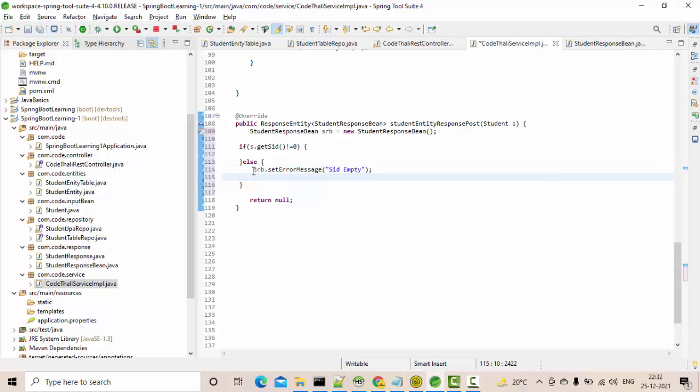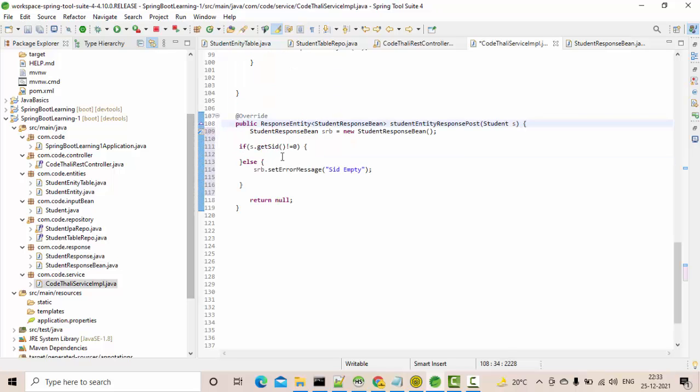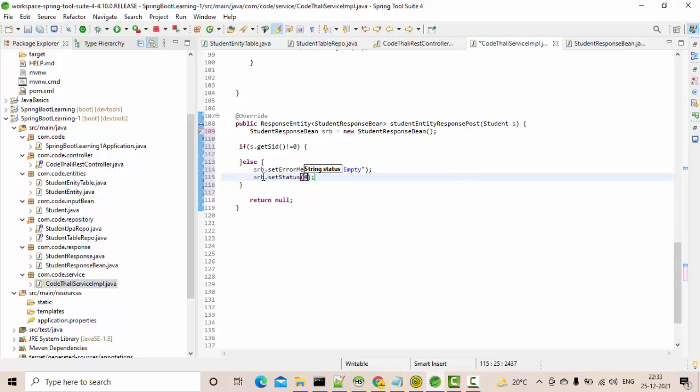That should not happen, but that is how the message is. So in student response, if you see here, if it is an error, we are setting the error. If the status error code is fine and everything is good, I'm going to set the student, which is our input, to this object, right? So in this case it is going to be null. So I'm setting this entire error message related thing here. Set status as other than 200, let me keep it as 400, and srb